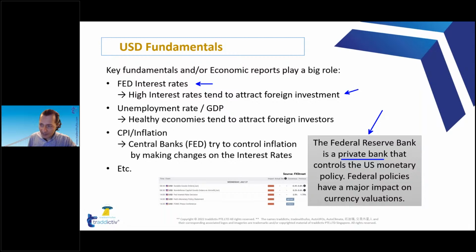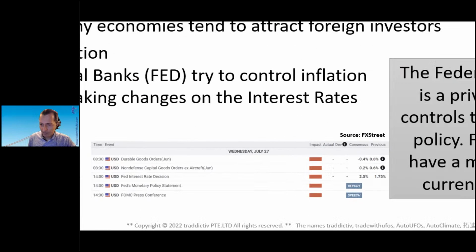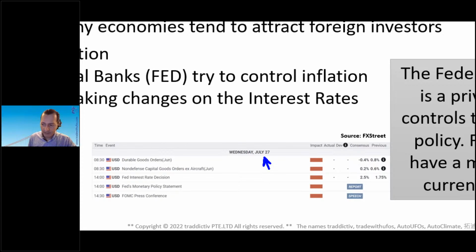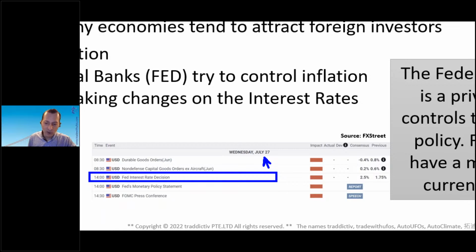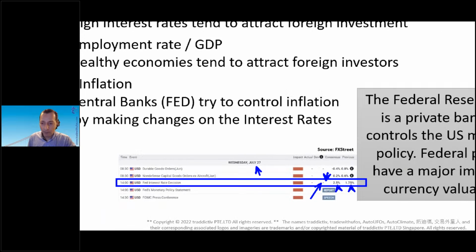Why? Because an increase of interest rates, like it's been happening, and I would like to focus on the screenshot below here. Let me zoom in. This was a screenshot I took yesterday, July 27, where at 2 a.m. Singapore time, that is 2 p.m. in New York, the new interest rate for the US dollar was about to be reported. The consensus was that it would move from 175 to 205, which is exactly what happened. So it became 205. And again, what happens when interest rates are pushed up?